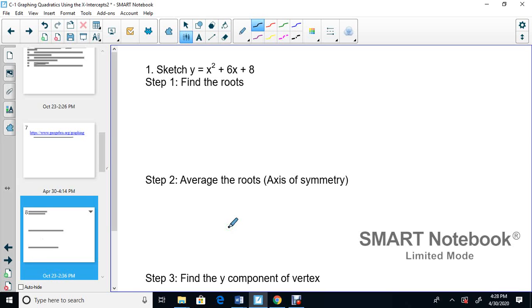Okay, we're going to start off with this one. So first, step one on all those steps that I had up there is find the roots. So how do you find the roots here? We go y equals 0. We're going to make y equal to 0. So we're going to make x squared plus 6x plus 8